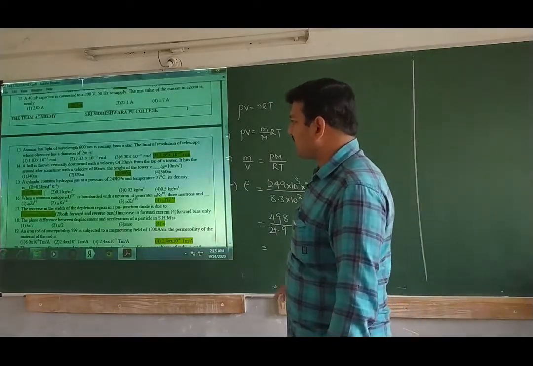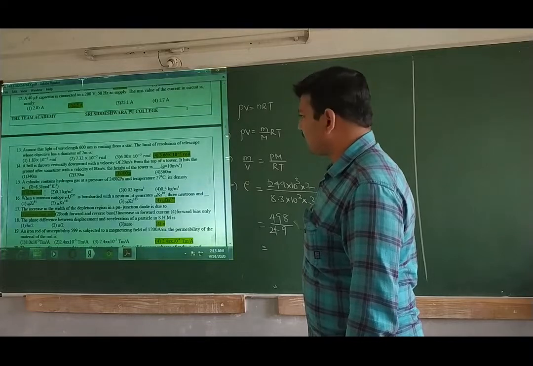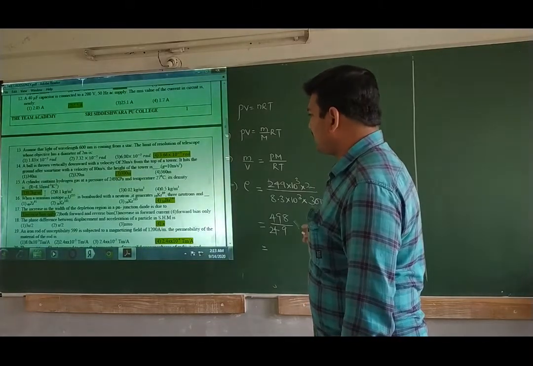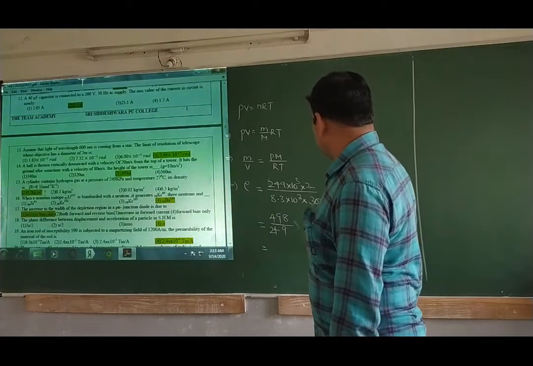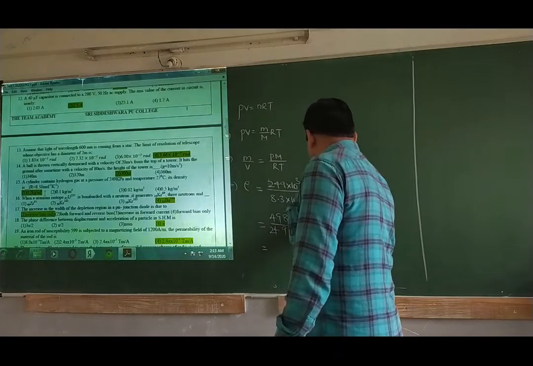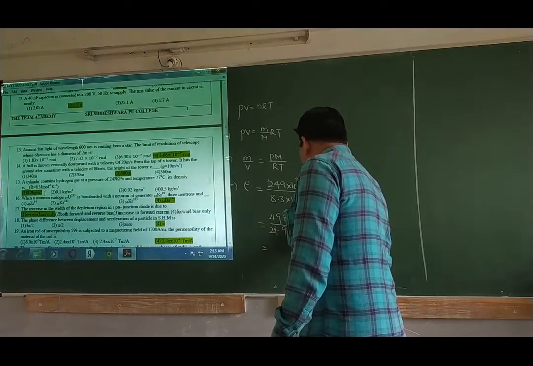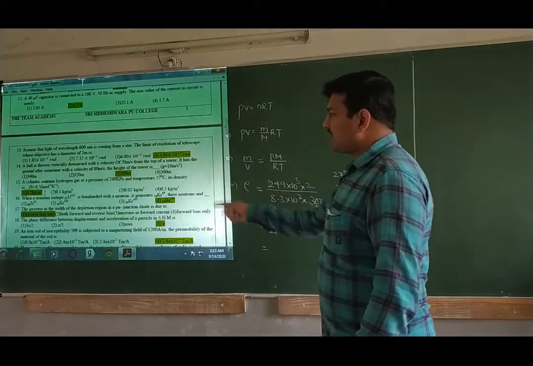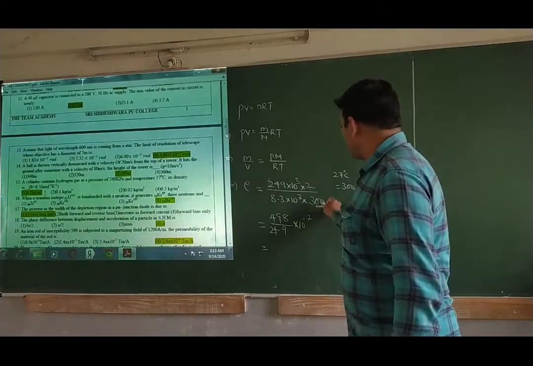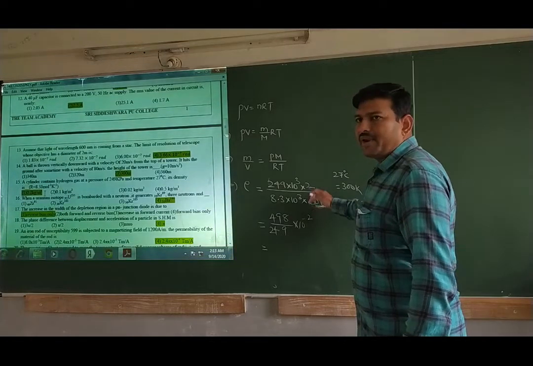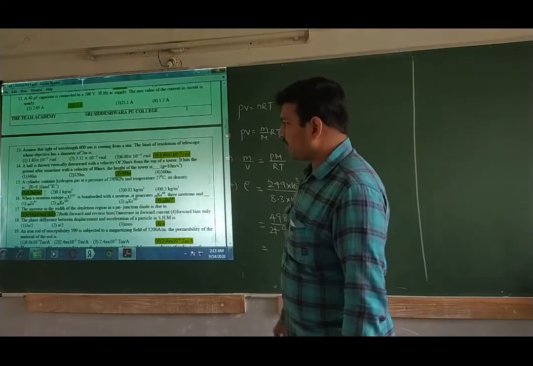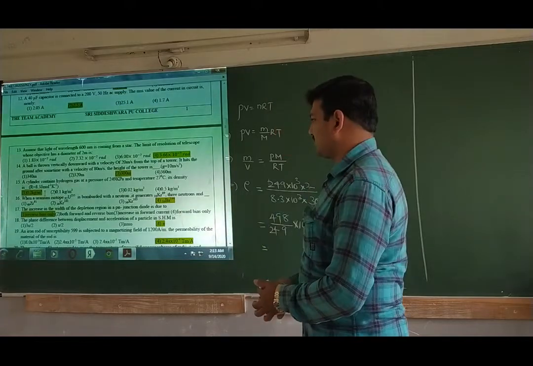So what is the possible answer here? If you see the options, into 10 power minus 2 will be there. Yes, this 300 is there. If it goes here, it becomes 10 power minus 2. Then what is the right answer? 0.2 kg per meter cube will be the right answer. We have neglected this 100 here. When it goes here, into 10 power minus 2 will be there. So that will be the answer. Okay, 0.2 kg per meter cube will be the answer. Next,